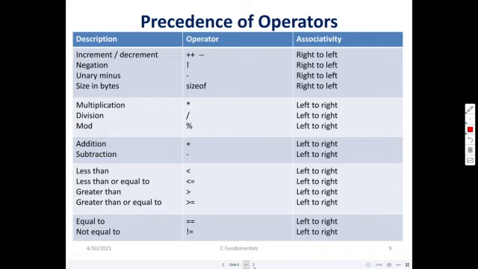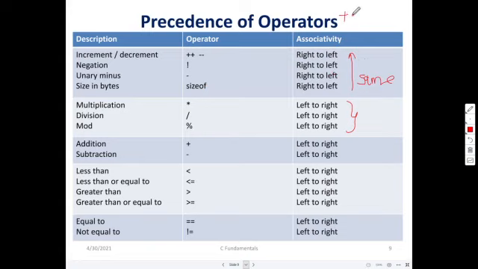Yes. Next we are coming to different operators. This is called precedence of operators. This first block will have a higher priority, and all these operators are of the same priority, and the block here will have the next priority. This is the top priority, that is, all these operators have top priority. Then suppose one unary minus and one sizeof operator is coming in an equation, then which will get executed first? That is given by associativity.